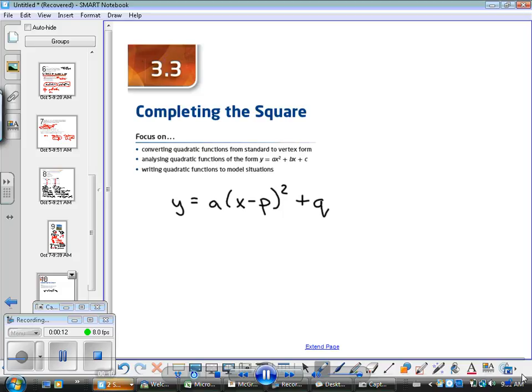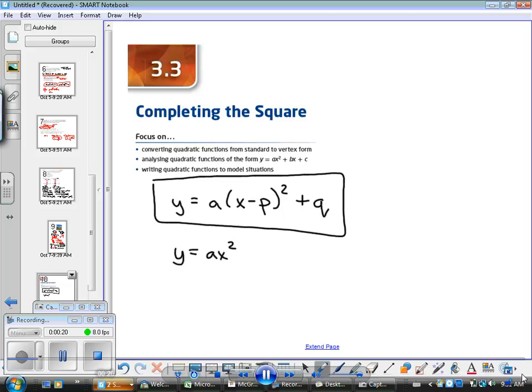And so you may have noticed in 3.2, when you have a quadratic function in standard form, it's not necessarily as useful as when you have it in this vertex form that I've just drawn in this box. Okay, in the vertex form, you can find the coordinates of the vertex. You have A that gives you the shape of the graph. Okay, in standard form, A tells you the shape of the graph. C tells you the y-intercept, so fairly useful, but I would say that knowing the vertex is a little more